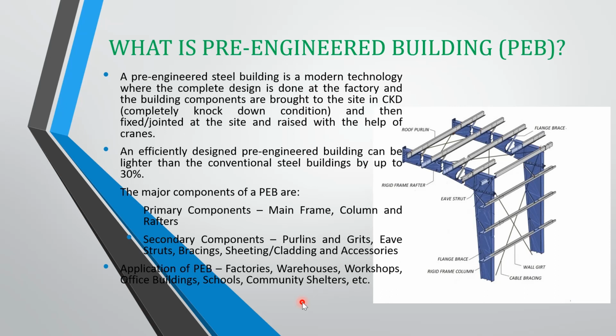So one difference that we have to know between two types of structure is one is the pre-engineered building or PEB structure and another is the prefabricated building. So what is the difference between pre-engineered and prefabricated building? As we talked about before, in a pre-engineered building, the specifications or the purpose of our structure is already fixed beforehand. So that means that the loads coming onto such structures are already defined before the fabrication of those components, and an efficient design is performed based on the use of our structure or based on the loads coming onto our structure. Our fabrication of the components is based on that design,